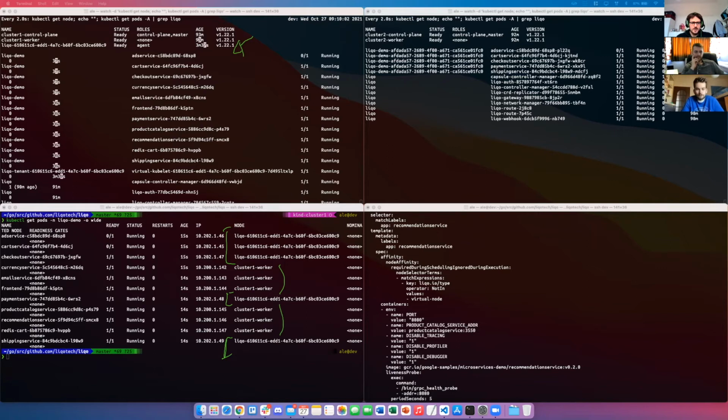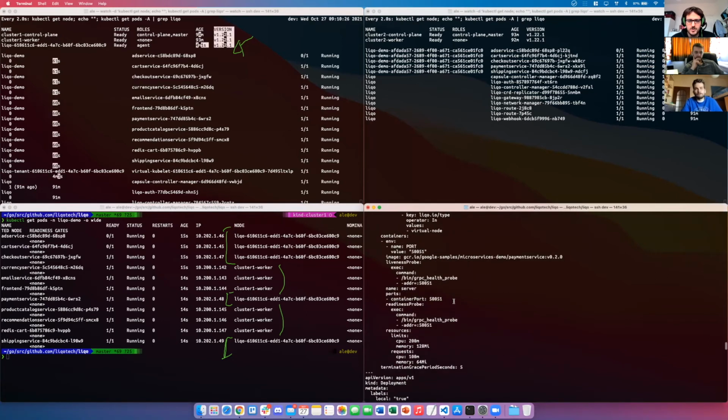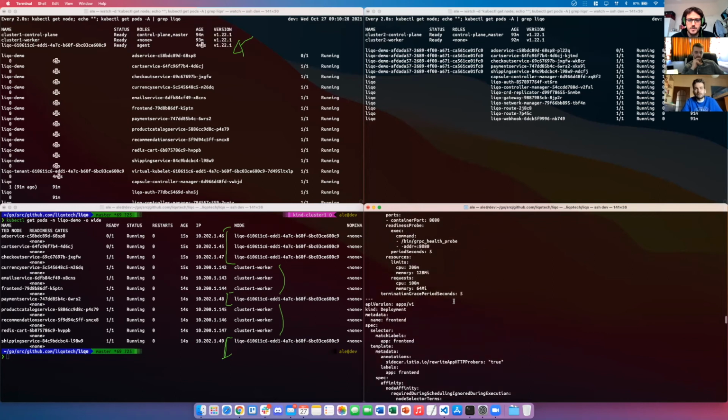The important point here is that a microservice application in Kubernetes normally relies on communication using services. So the YAML file we provided does not only specify deployments, but also services.